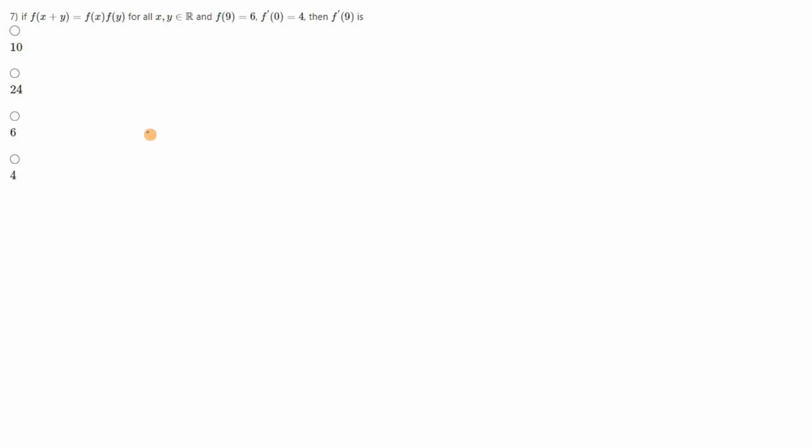Next one, we have f of x plus y is f of x into f of y, given that f of 9 is equal to 6, f dash of 0 is equal to 4, and f dash of 9 we have to find out. Let's say we use 9 plus 0, where x is 9, that is f of 9 into f of 0. So what is 9 plus 0? Again it is 9. So we'll have